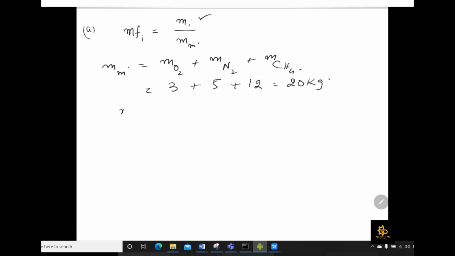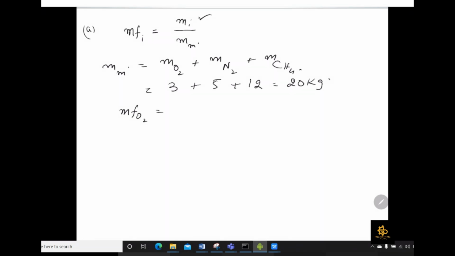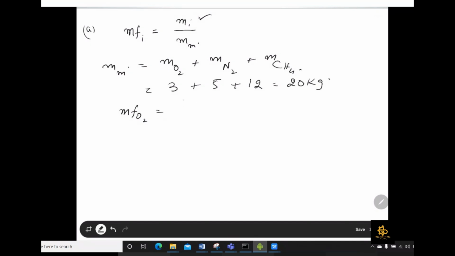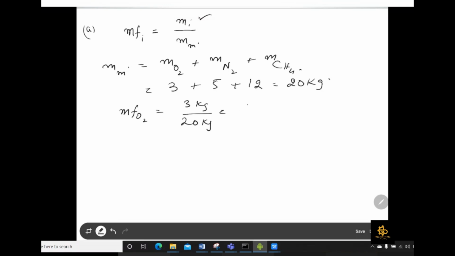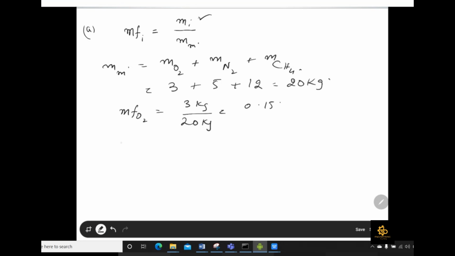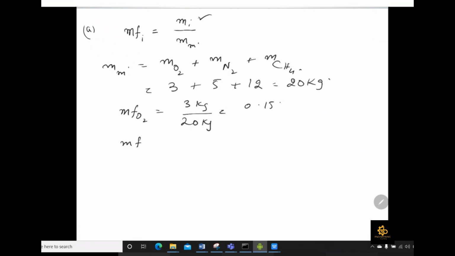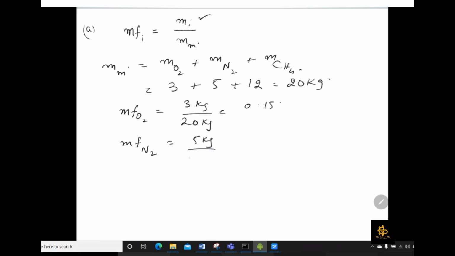So we have to find the mass fractions for all the individual components. The mass of O2 is 3 kg and the mass of the mixture is 20 kg. Taking the ratio of these two, it will be 0.15, which is the mass fraction of O2. Similarly, for the mass fraction of N2, the value given in your question is 5 kg, and the mass of